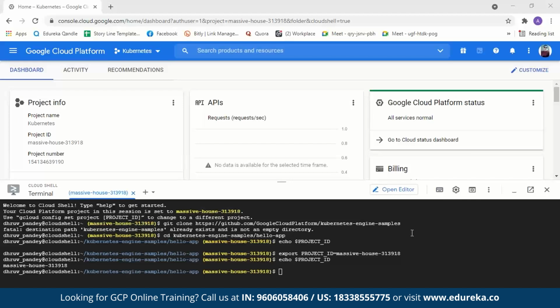The project ID variable associates the container image with your project's container registry. Now to confirm the project ID, we'll just type echo $PROJECT_ID. Here you can see this is the project ID. After confirming the project ID, it is time to build the Docker image for the Hello App. So for that, we'll type